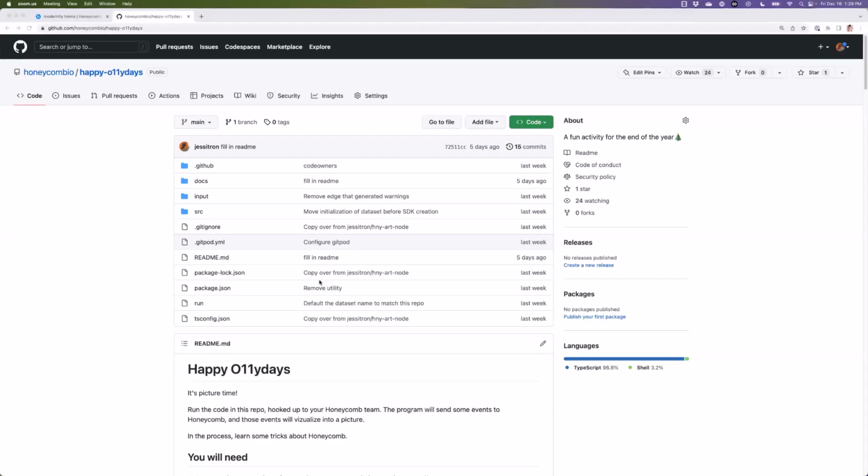So Jessitron is actually going to show us something totally useless but super fun for training people or teaching: how to make ASCII art into a heat map using OpenTelemetry. Right, right. So I made this thing for Christmas